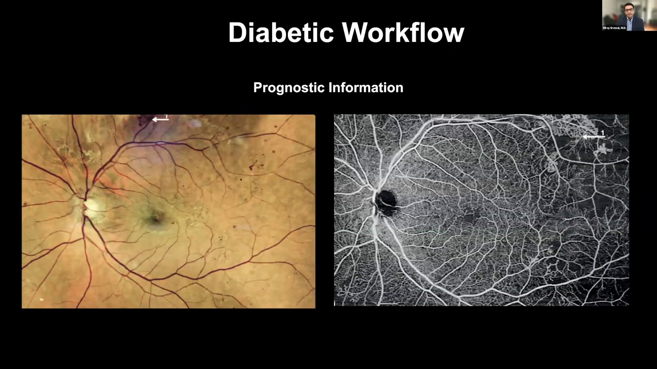I find OCT-A to be particularly helpful in my diabetic workflow because it really gives us very valuable prognostic information in a very rapid fashion. It's sometimes challenging to obtain fluorescein angiograms on diabetics frequently, and getting a wide field OCT-A that covers a large area of the posterior bowl is really helpful for prognostic information to identify the extent of ischemia in the foveal